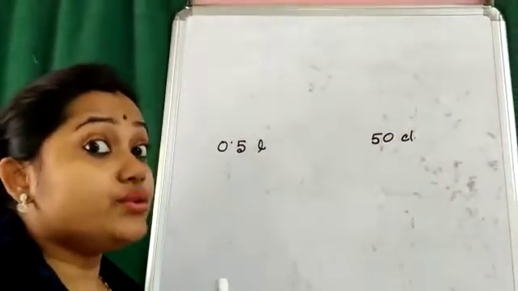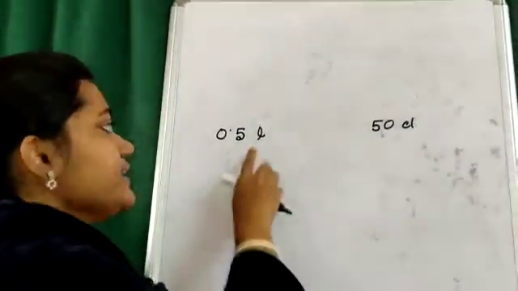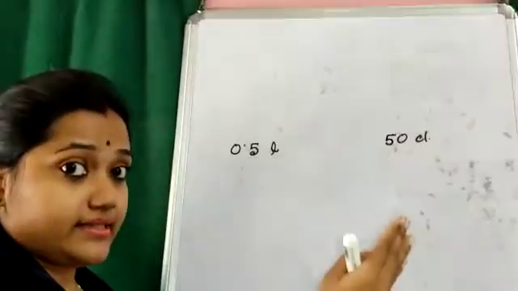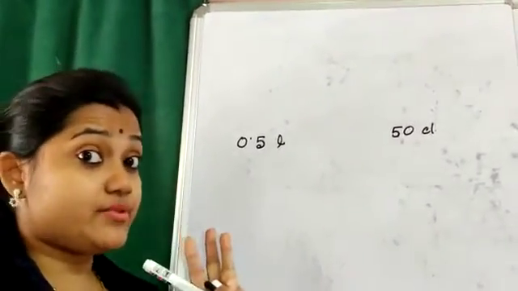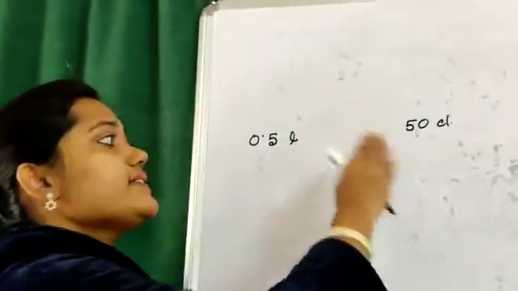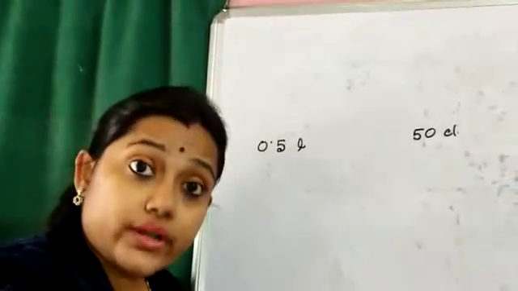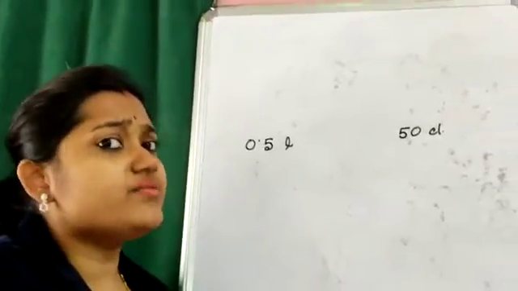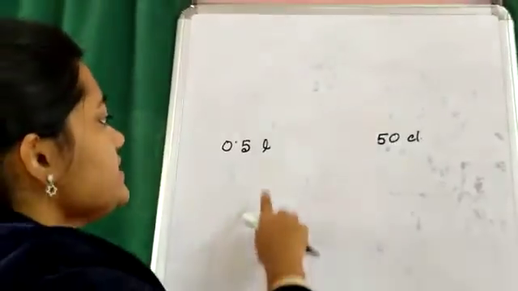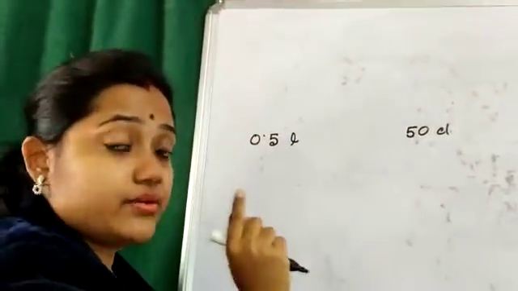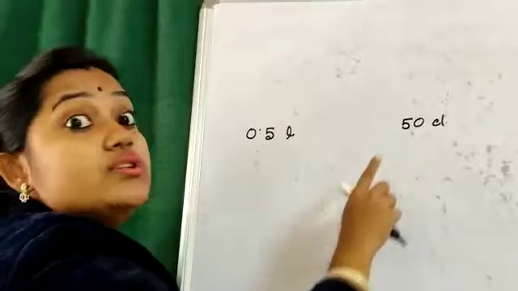Okay. Now how to do it? We have learned that liter to centiliter is one unit to another unit conversion. 3 steps we have learned. At first, we need to think that is this conversion higher to lower unit conversion or lower to higher unit conversion. That is the first step to check. So, let us check it. Okay, so this one is in liter. Liter is the basic unit. Liter to centiliter.